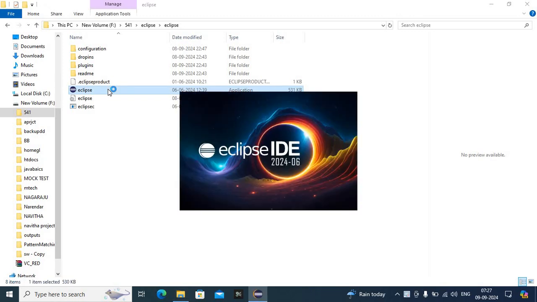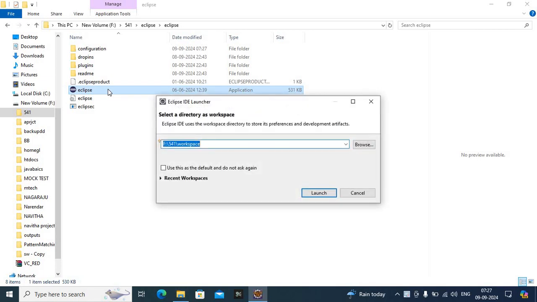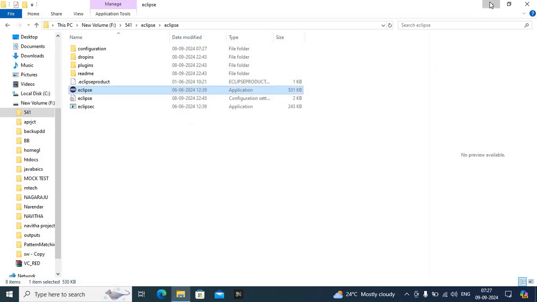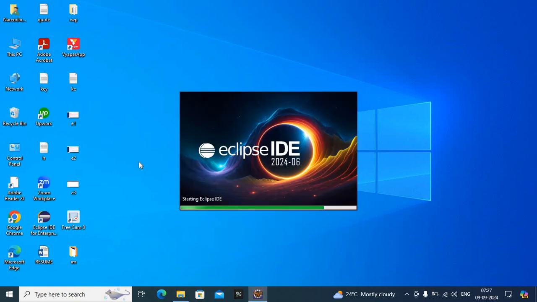In the last video I uploaded, I installed Eclipse, but this installation has affected the previous one. Why? Because when I installed Java with a similar version, the first one was uninstalled and the second one overrode it. So you have to remember, there is no need to install two versions of Java. Even if you install them, nothing will happen, but